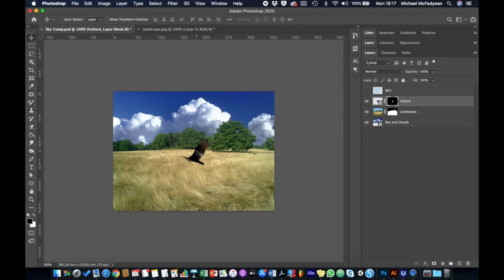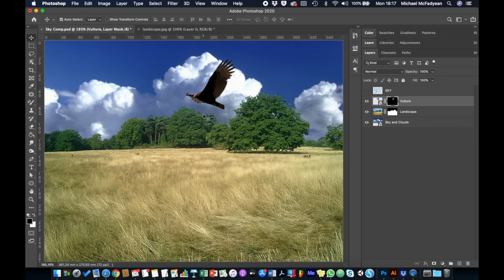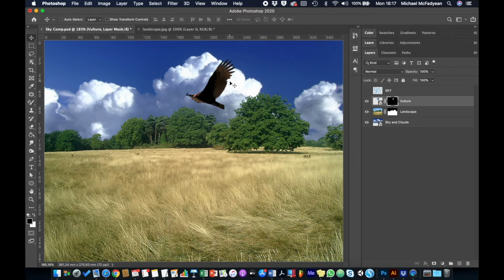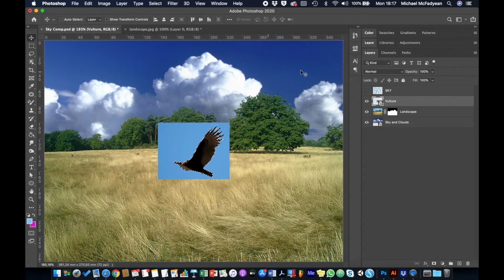But the problem here, if I just move it up here so you can see it better, is when I press Command or Control T to transform it, can you see the transform box actually reads the original size of the image and not the masked area, which actually can be quite a pain sometimes, because if you've got a large image and you've got a small area that's showing and the rest is masked, you're going to have this large bounding box or transform box, which I don't like. So I'm going to escape out of here and undo back to here,